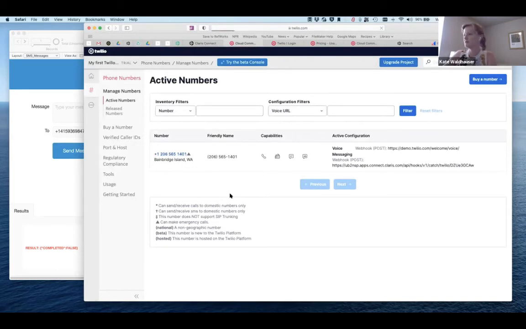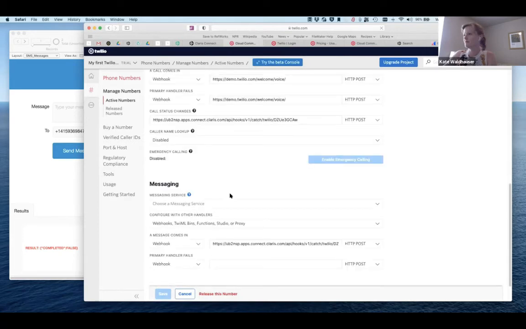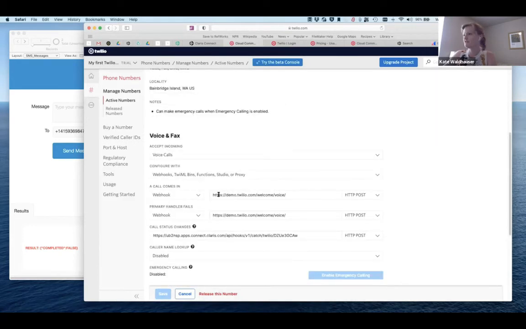When you look at your phone number settings, so this is about voice and fax. At first I put it here when a call comes in, and I put the URL here, and this was the wrong place to put it. The instructions are to put it here in the call status changes. So that's where you have to put the webhook URL.